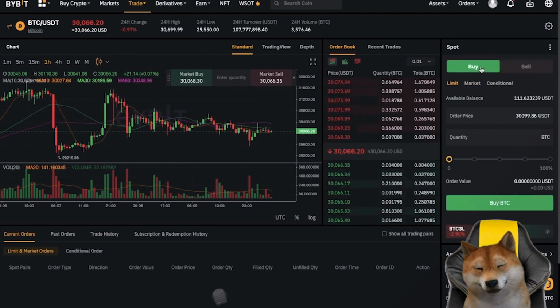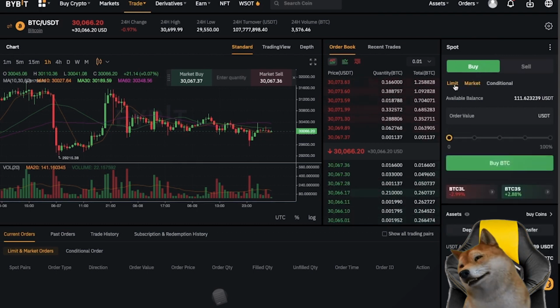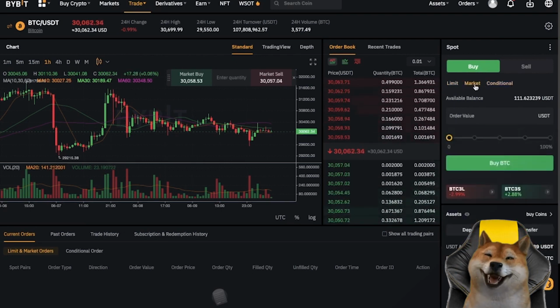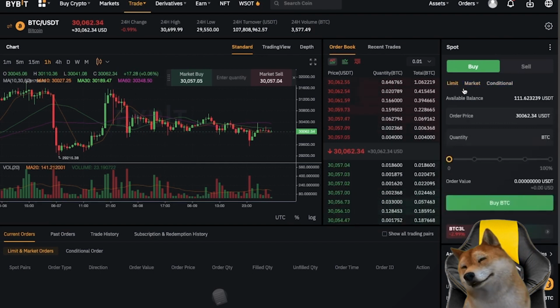In this instance, we're going to be on the buy side as we want to be buying Bitcoin with our existing USDT. With Bybit, you can place a few different order types, which are market, limit, or conditional orders. A market order places immediately at the best available market price. A limit order allows you to place an order at the price that you'd like to buy or sell at, and then you just wait for the market to reach the price that you've set. Then conditional orders allow you to place an order after the market reaches a specific value, which can help to